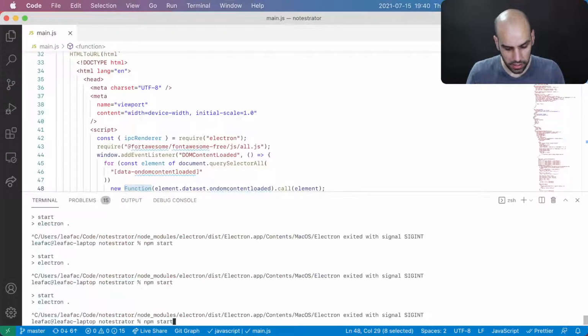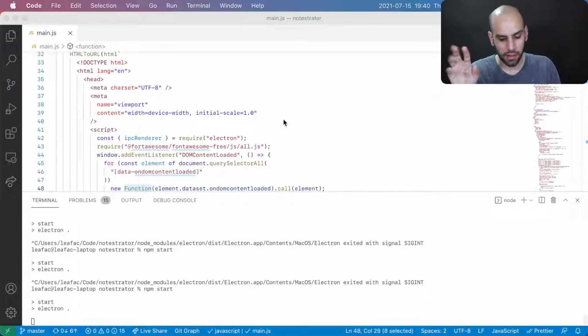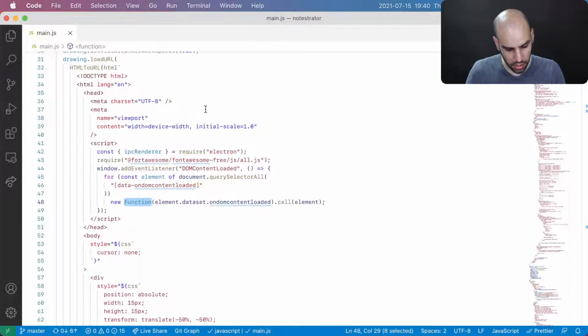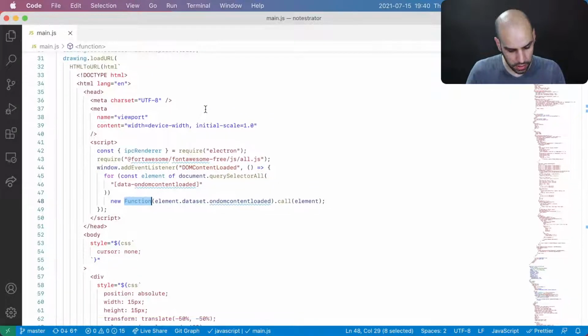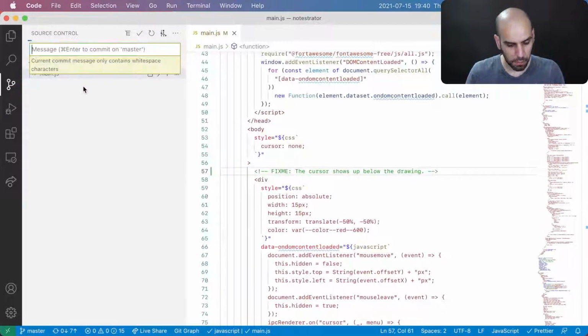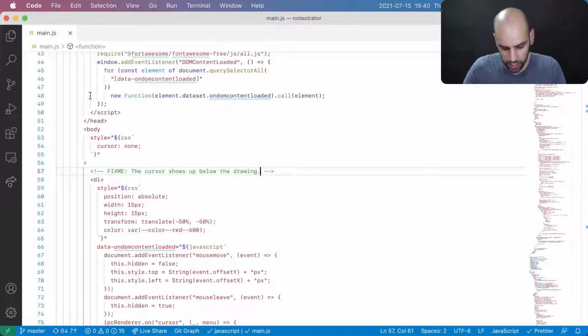My next thing is, well, I still have to figure out. I guess I'll put a fix me. I'll put a fix me where, do I do that? I guess about here. So I will say the cursor shows up below the drawing. Okay, so I'll leave this fix me, but I will move on to the next thing, which is I find